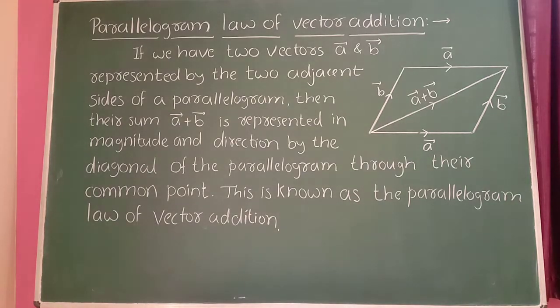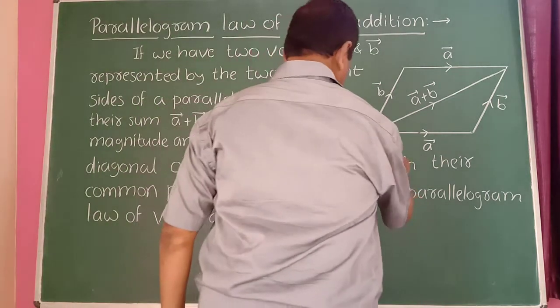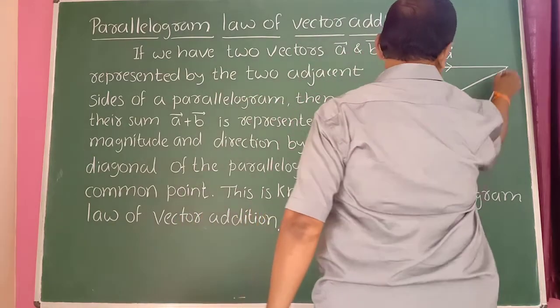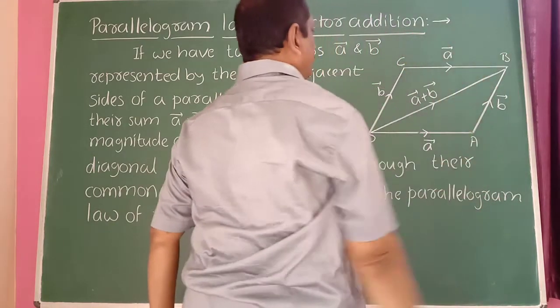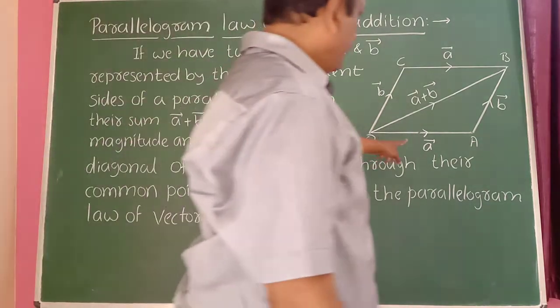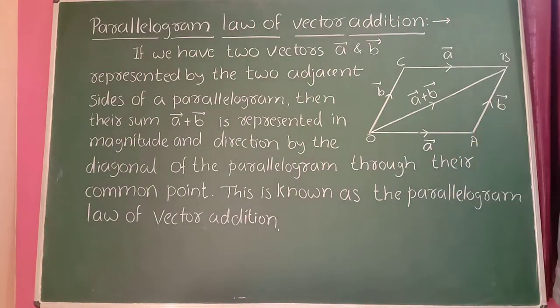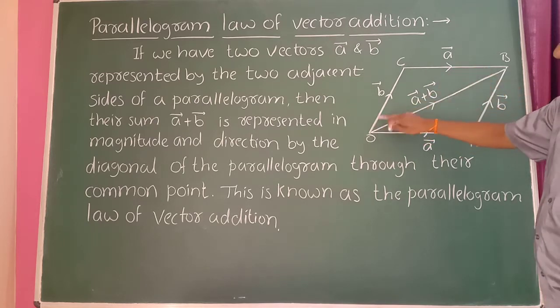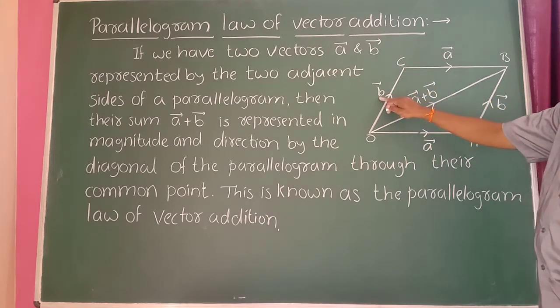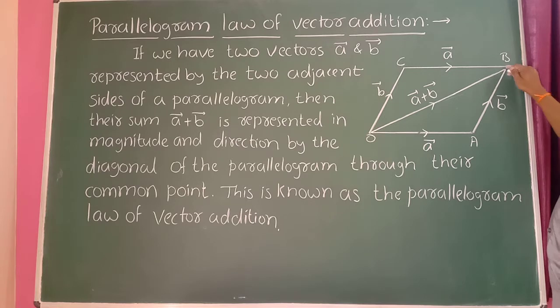So, parallelogram law of vector addition here. In this case, it is a parallelogram here. So O, A, B and C here. It is one parallelogram here. Here a bar and b bar are the adjacent sides of the parallelogram here. Here OA is the vector a bar. Then CB is a vector parallel to OA. If this is a bar, then this is also a bar here. Then OC is a vector here. It is taken as b bar. Then AB is a vector parallel to OC having the same magnitude here. If this is b bar, then this is also b bar here.